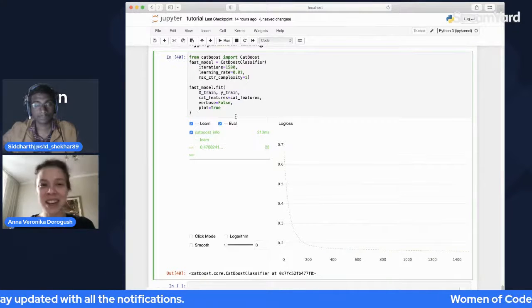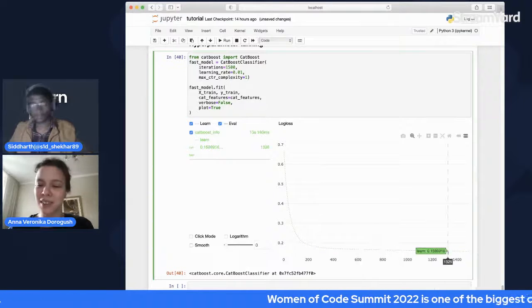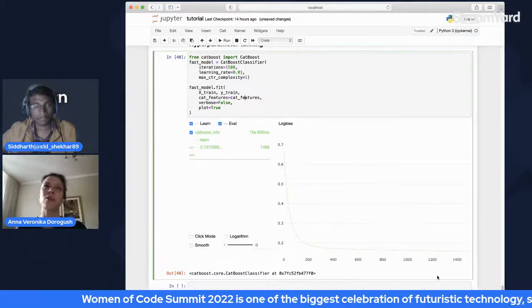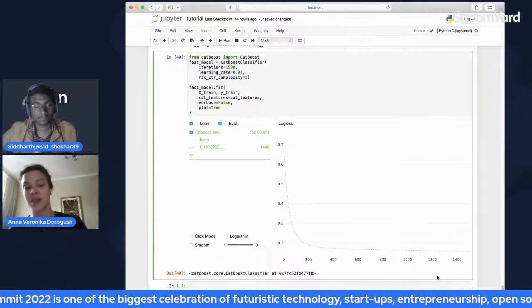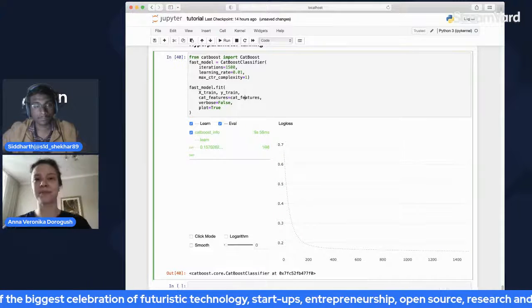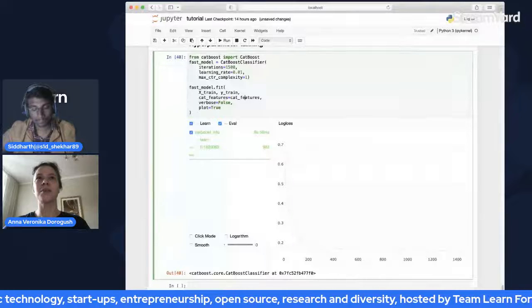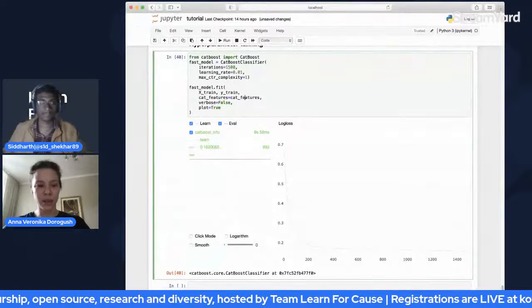Okay, it has already finished. It's really fast, even for 1,500 iterations, but it's because the dataset is not huge. And you might as well train on a huge dataset. Yeah, with that, I will stop sharing.